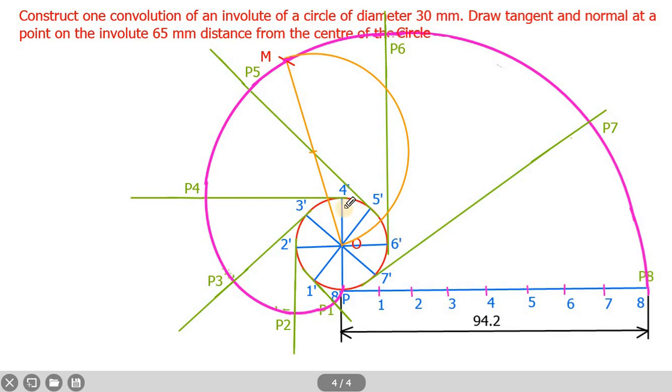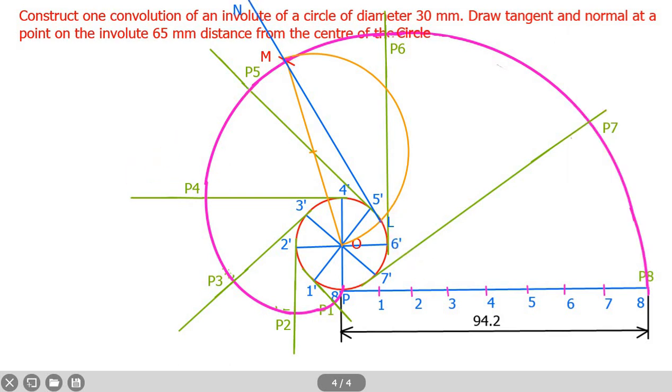So now you can see that the semicircle has been drawn. The semicircle meets the circle at a point. So this is the point where this semicircle and the circle meet. This point is the end of the normal. Let us name this as L. So join LM, draw a straight line from L to M and extend that line to some extent. So this is NL. So NL will be the normal.